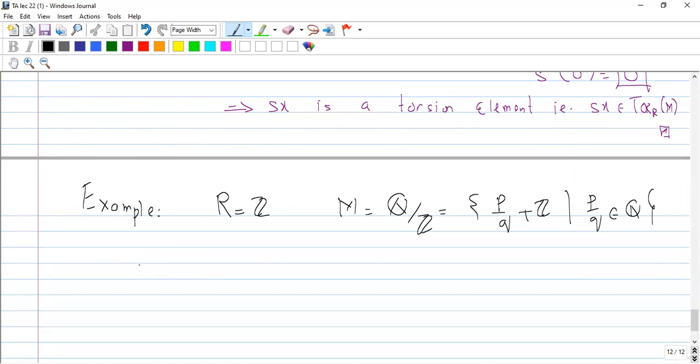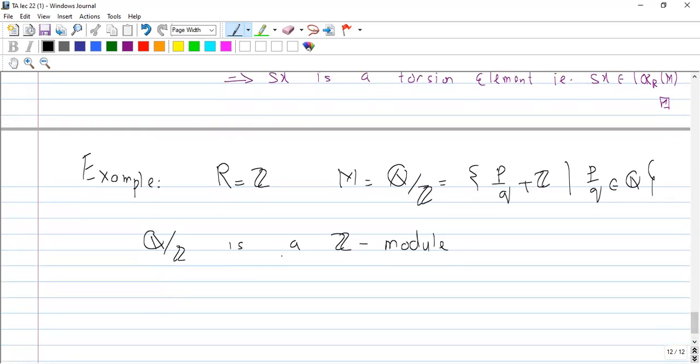We know that Q over Z is a Z module. Now since R, which is Z, is an integral domain,